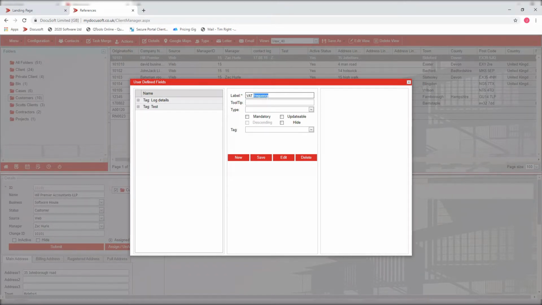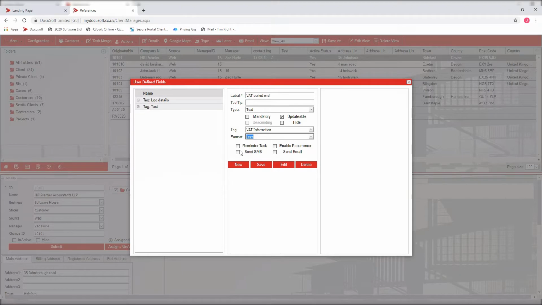In fact, let's do VAT period end. For example, and I'm going to choose text from here because I don't want a drop down list. I'm going to need a date, so we'll go with text, and we'll say this is an updatable field. I'm going to choose my VAT information tag that I've just created, and then I'm going to choose format date,